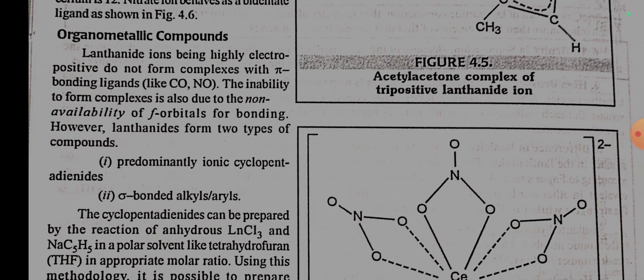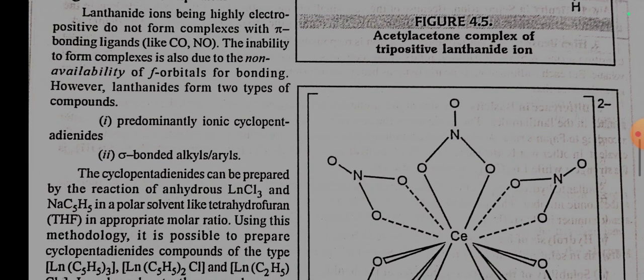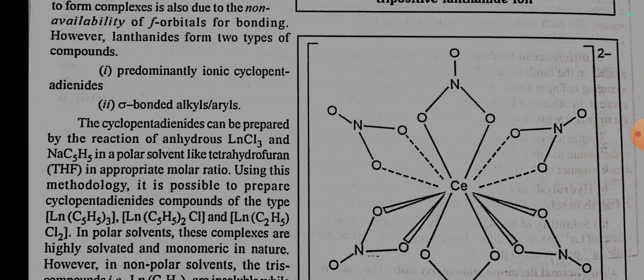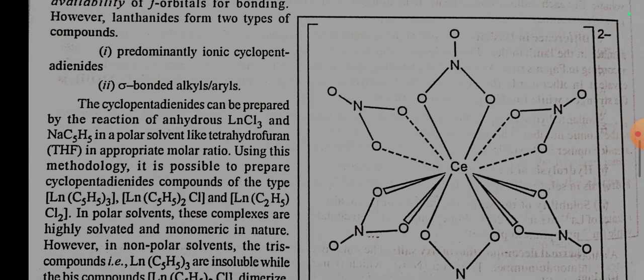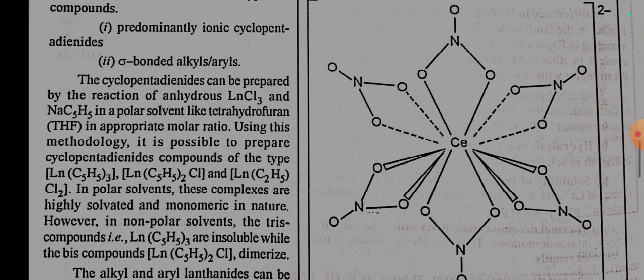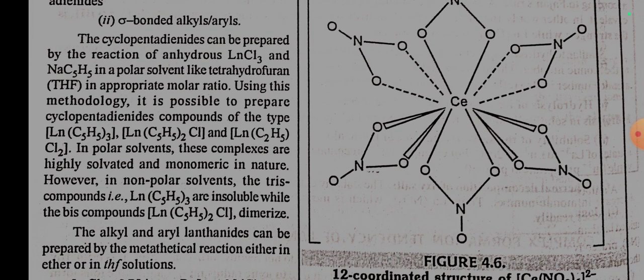Organometallic compounds. Lanthanide ions, being highly electropositive, do not form complexes with pi-bonding ligands like CO. The inability to form such complexes is also due to the non-availability of f orbitals for bonding. However, lanthanides form 2 types of compounds. Number 1, predominantly ionic cyclopentadienides. Number 2, sigma-bonded alkyls and aryls. The cyclopentadienides can be prepared by the reaction of anhydrous LnCl3 and NaC5H5 in a polar